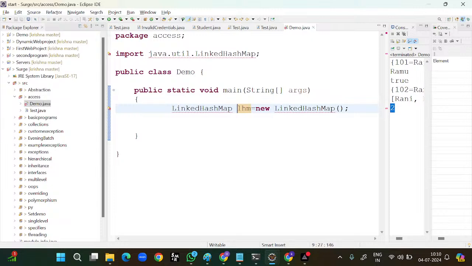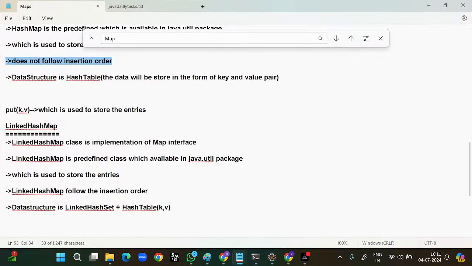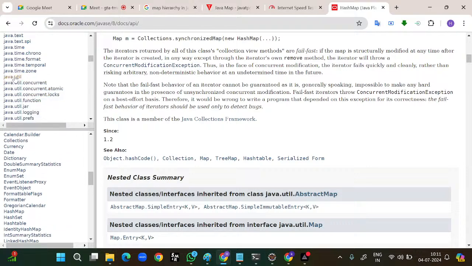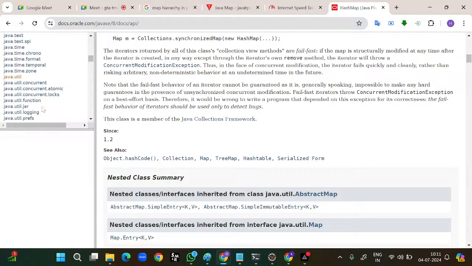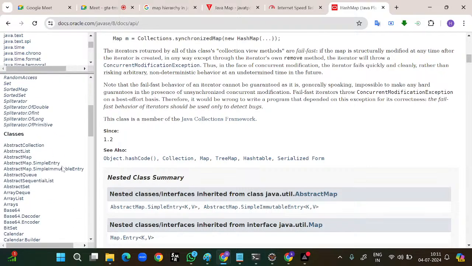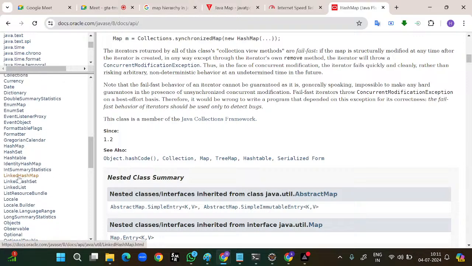Are you guys clear with my point? Which is available in the java.util package. So I am simply going to my document. Here we have the document. The document is the java.util package, and in the java.util package we have the LinkedHashMap. This is the LinkedHashMap. If I open the LinkedHashMap,